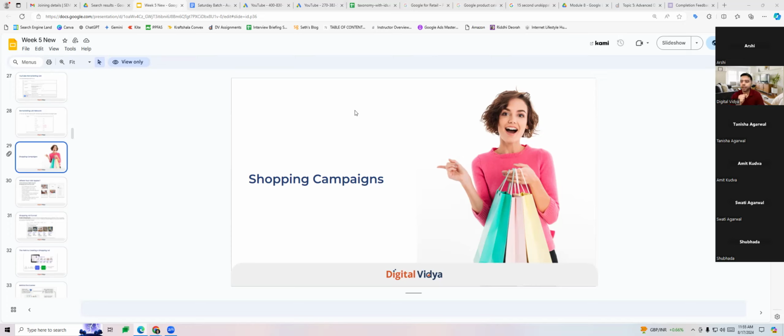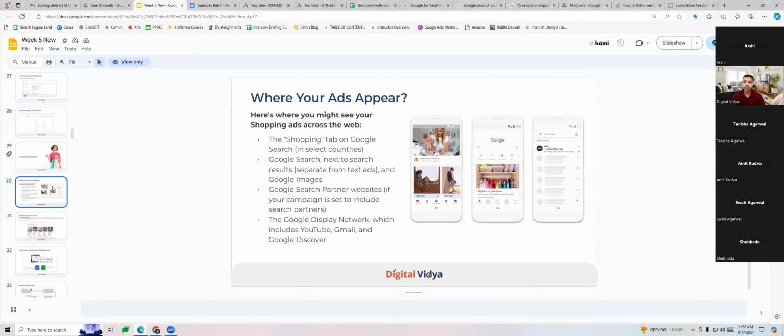All right, guys. We're going to start off with the second segment, which is going to be shopping campaigns. So let's have a look at this. You must remember from the second session that we discussed shopping campaigns, which are going to be shopping ads. You are able to run shopping ads on different pages on Google search primarily. That is what we refer to as our shopping ads or shopping campaigns, which we can create out here.